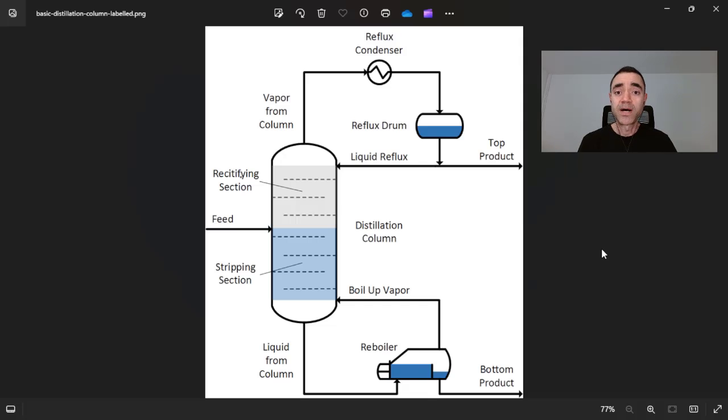To tell you about reflux ratio on distillation column, first I need you to understand how a distillation column operates. So here we have a process flow diagram very similar to those used by chemical process engineers to perform heat and material balance in plant design. You can see the distillation column is divided in two sections.